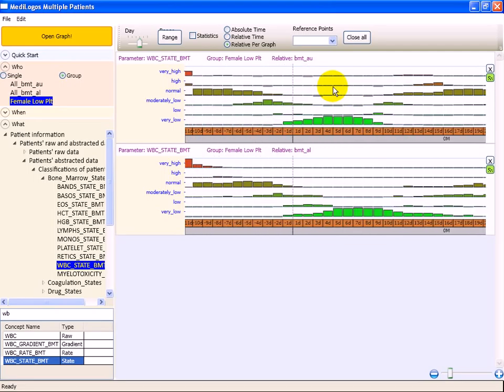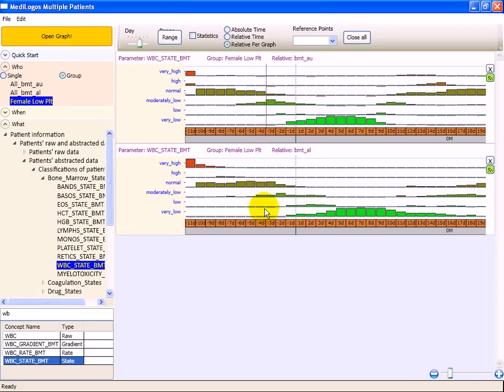Here we have the two different graphs. The upper graph, as you can see, is BMT-AU operation, while the lower graph is the BMT-AL operation. You can also see now the dotted line, which is the relative time set. We will now point out a few of the important differences that our system was able to show to the clinicians and researchers. As you can see, in both types of operations, the white blood cell count started to drop